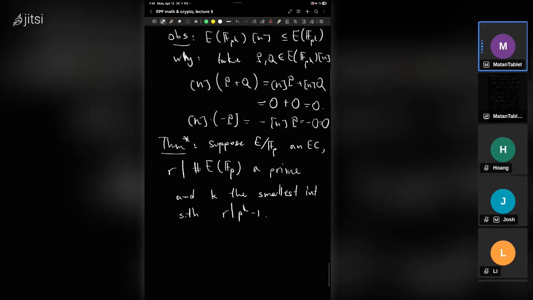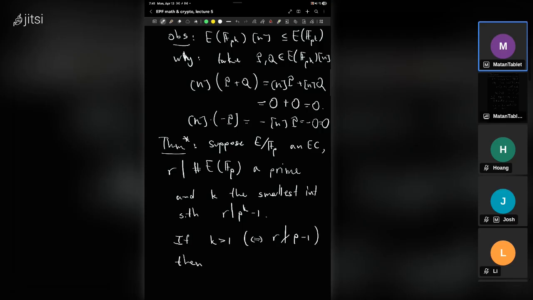I can do this with any curve. If K is bigger than 1, which is the same as saying that R does not divide P minus 1,